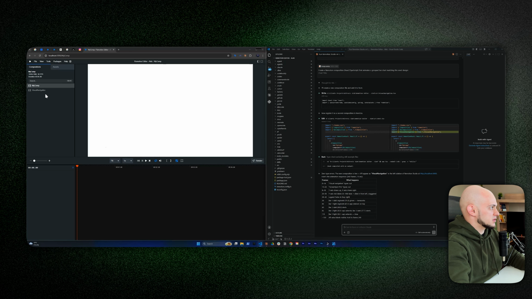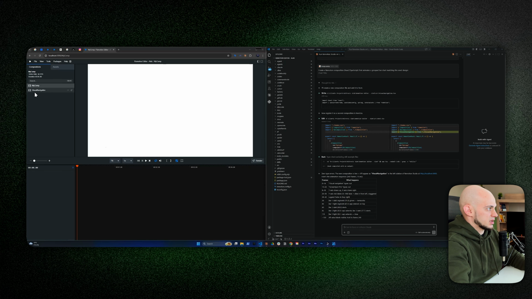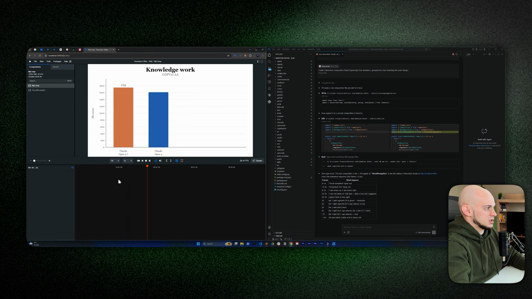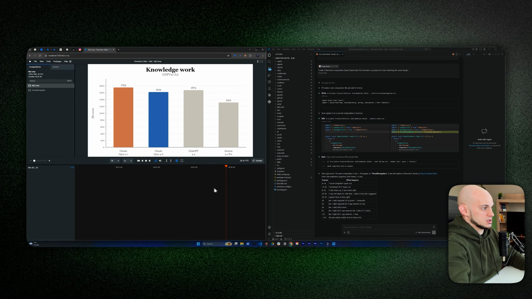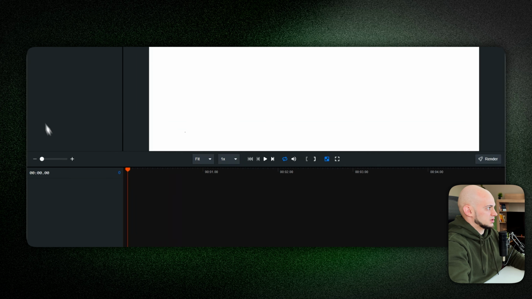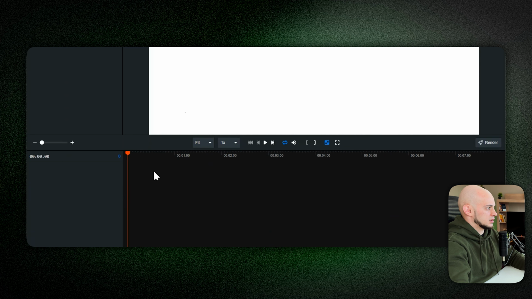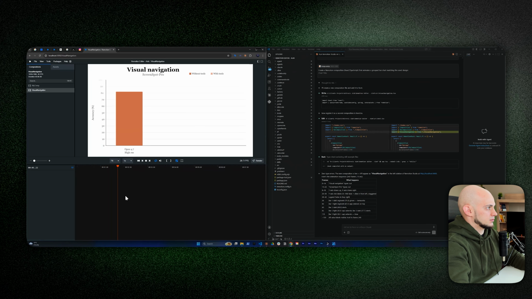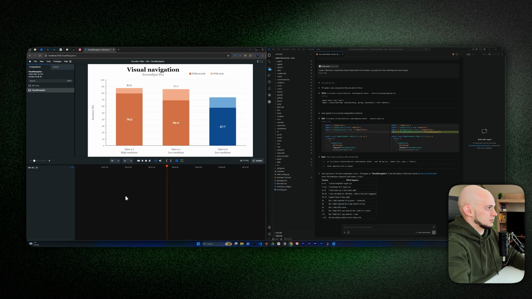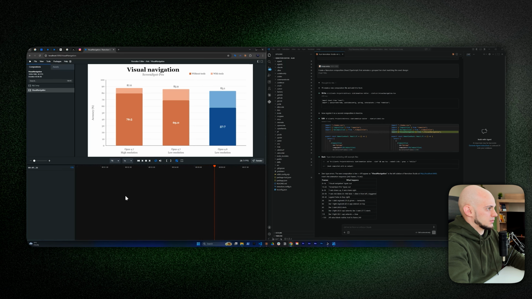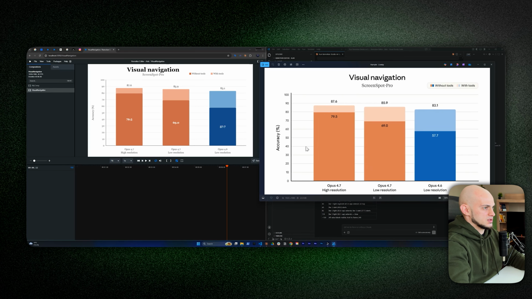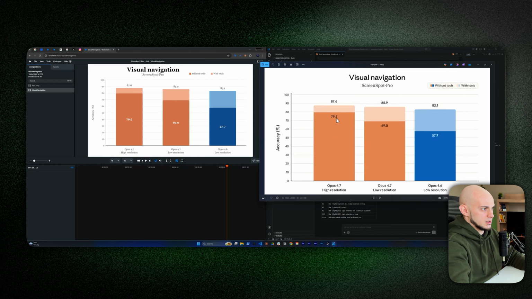As you can see, there is a new composition here which says visual navigation. So if we play again, we will see the old animation, the first animation that we generated. You just need to select the new composition and let's see what Claude generated. To be completely honest, it's awesome. The only thing that is not matching is, as you can see, the numbers here are at the